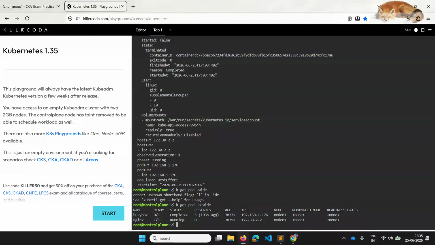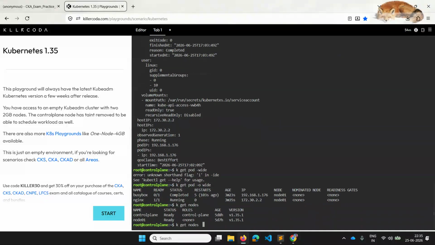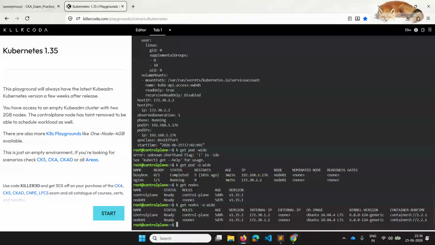So if you do k get nodes, you can see the IP address again using -o wide. So this is the node it got assigned to, and this IP is the same as the host IP, right? So that's what happens. The IP address will be the same as that of the host IP if host network is assigned as true, and by default it will be false since we didn't assign anything to this. That's why its IP is taken from the CIDR range of this particular node.